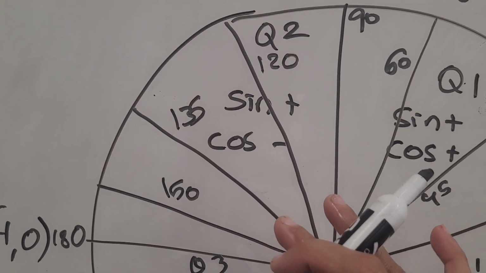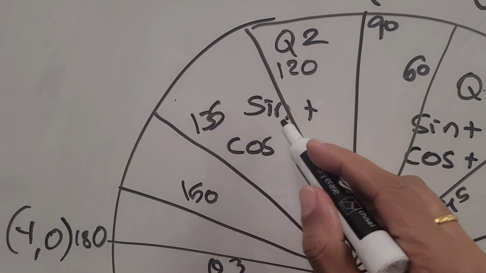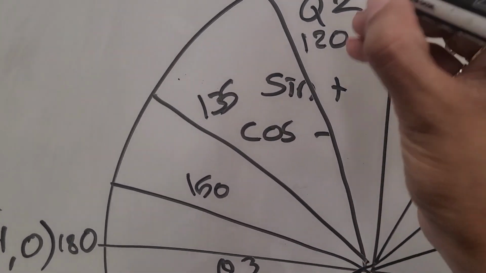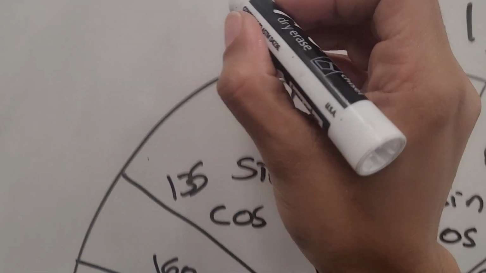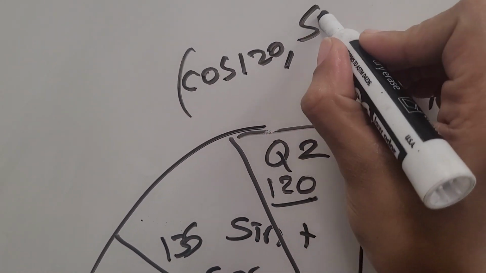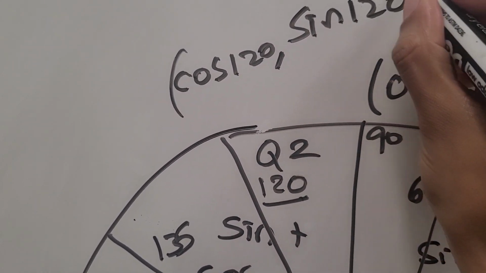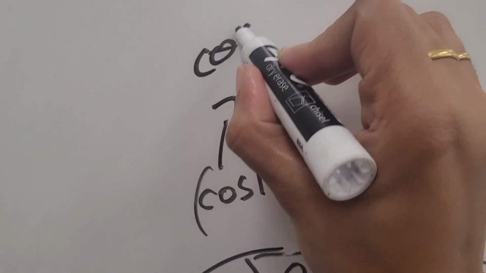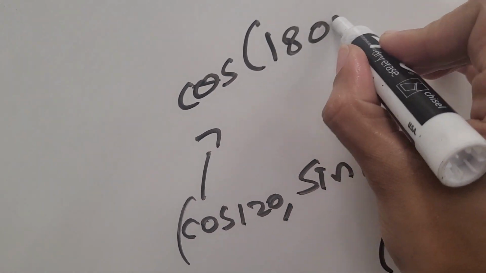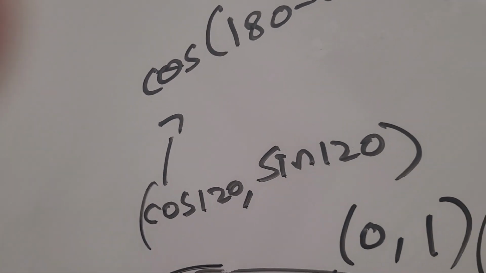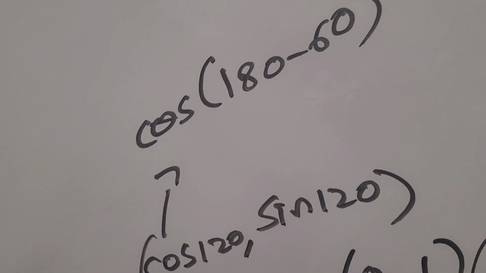Coming to the second quadrant, what happens here is sine value becomes positive and cos value becomes negative. So let's do that. For 120, the x coordinate is cos 120 and y coordinate is sine 120. So cos 120 can be found out by using cos of 180 minus 60, right? 180 minus 60 is 120. Okay,